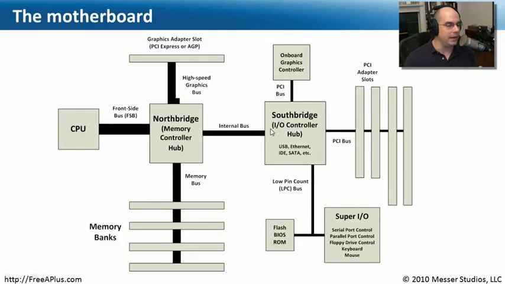This north bridge is extremely important, but you'll notice the north bridge usually connects to a south bridge. The north and south are really there to designate where the different parts of the motherboard are, but they also designate what the different chips do. The south bridge is responsible for handling input and output. In fact, we call this the I/O controller hub as well. Our USB ports connect to this. If we have a graphics controller, a video card that's on board the motherboard, it usually connects to the south bridge. All of our PCI buses, those lower speed buses, connect through a south bridge. If there are other ports like the BIOS port, serial, parallel, floppy drives, keyboards, those are a little bit slower. So the south bridge is a perfect chipset to use to be able to keep track of all of those things